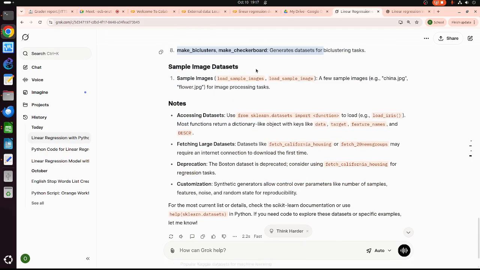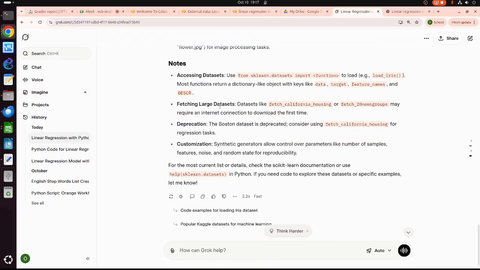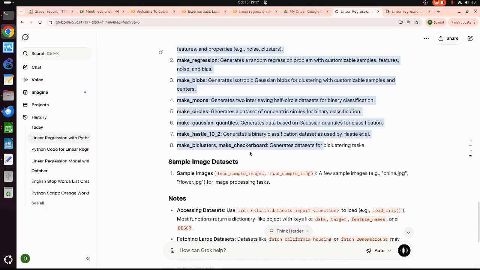We have some sample image data set as well. So basically we have plenty of data sets to play with. And using this data set, we can create a script using Python to play around with these things. How can we classify? The easiest one is splitting the data set into two, 80% to 20% or something, and then make sure we can classify these things correctly.